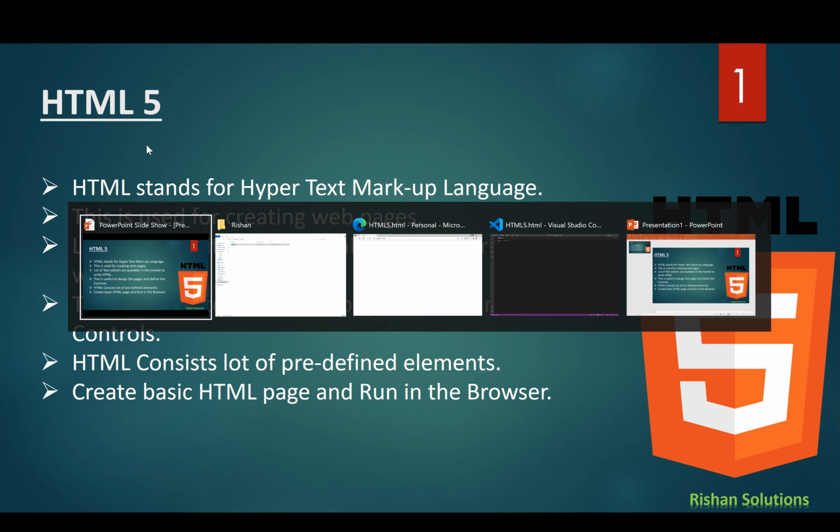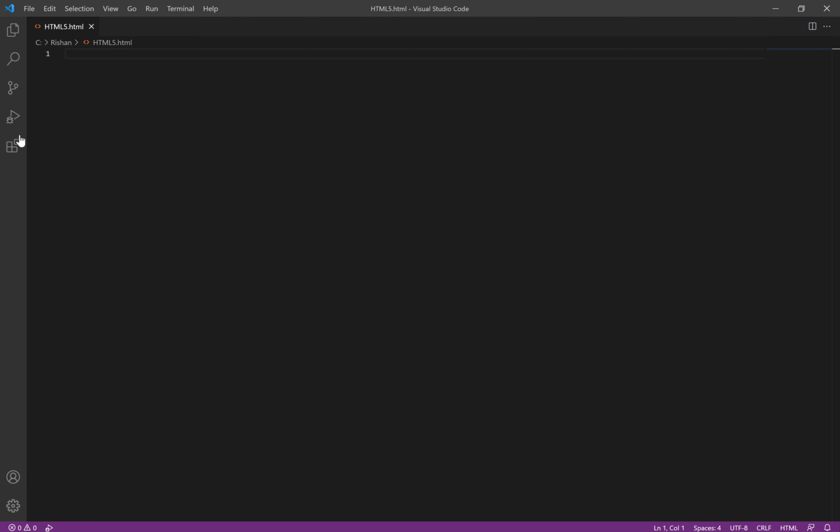For that, I already created a file and saved it with an HTML extension. To start, first we need to write an HTML tag. This editor has HTML support, so it automatically closes the tag which you open. Now I am opening a head tag. Inside this one I am writing HTML5, and then later I am creating a body section, and inside the body section I am writing a welcome message with a bold tag. So just write welcome to HTML tutorials